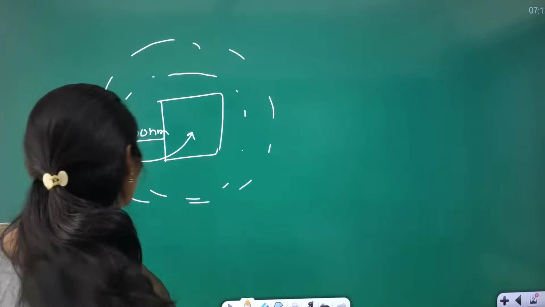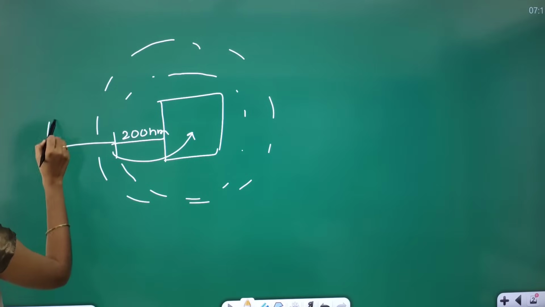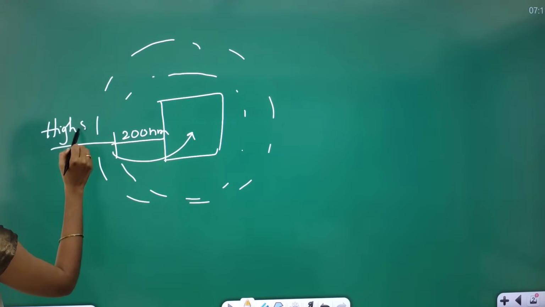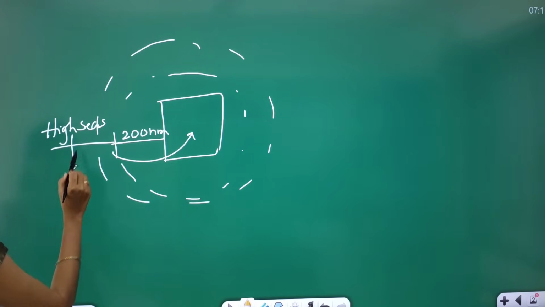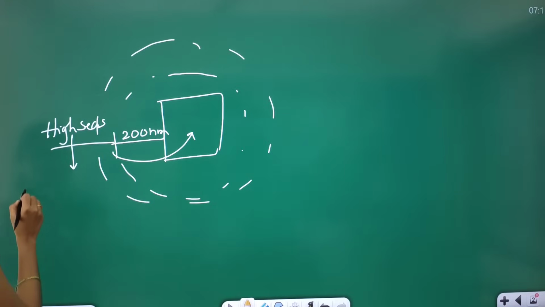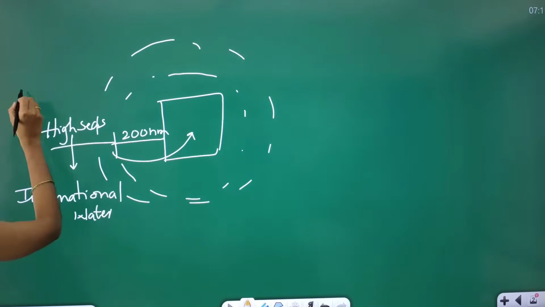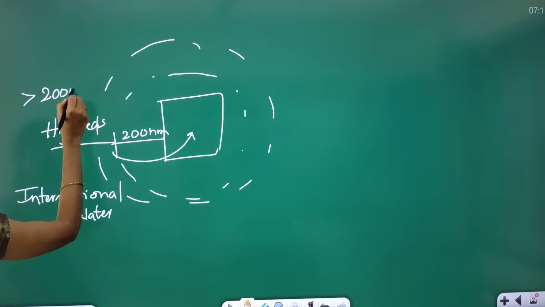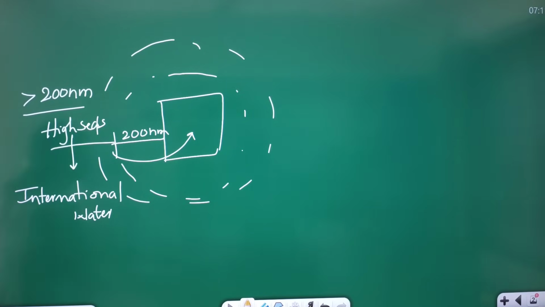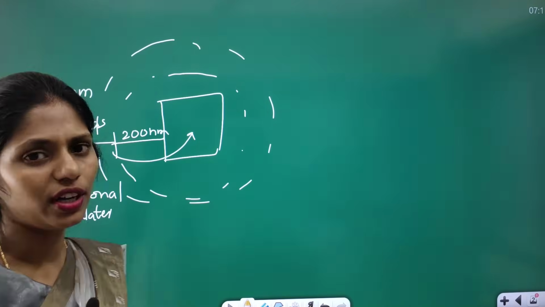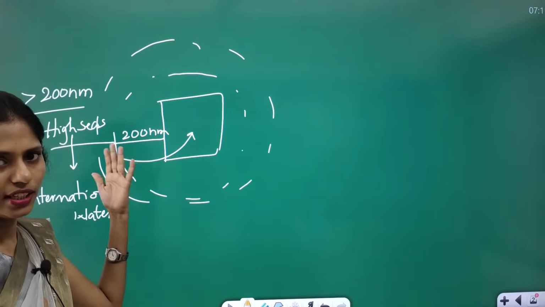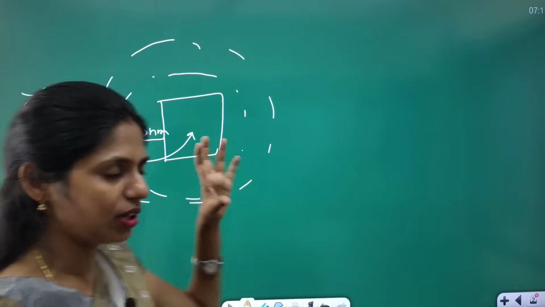Beyond this 200 nautical miles, this area will come under high seas, and this region is also called international water. All countries have equal rights in this international water or high seas region, that is above 200 nautical miles. So what is the issue is, you can go for fishing anything below this 200